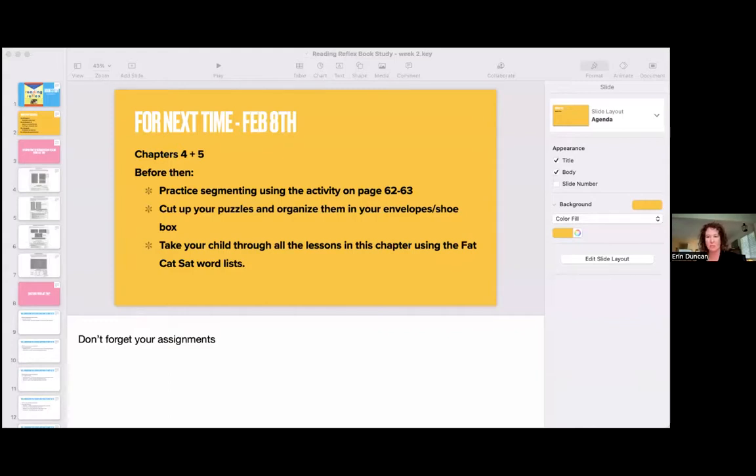Before we get into that chapter, I wanted to look at the segmenting practice that I gave you last time as homework. We have a few minutes, so you could put it in the chat if anybody had any questions about segmenting the words that were on that page. It was page 63, or how you pronounce any of the sounds there. So just pipe in if you do, or you can put it in the chat for us.